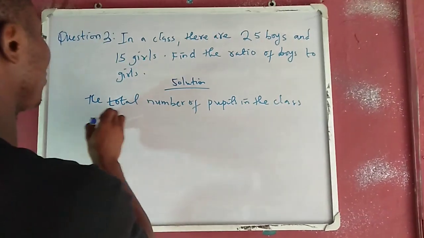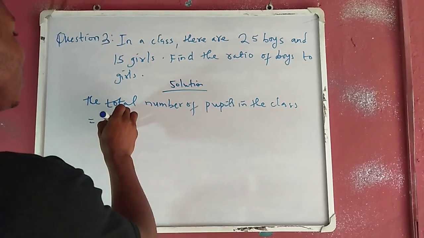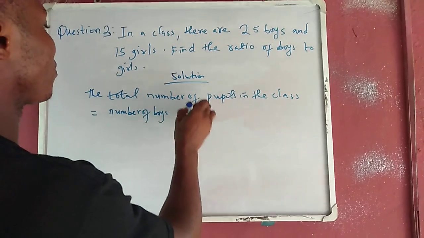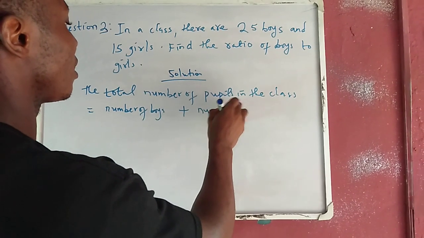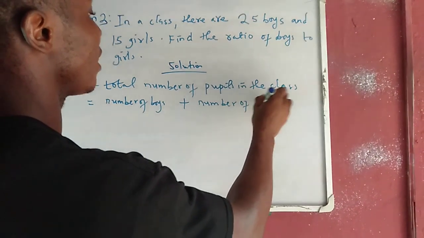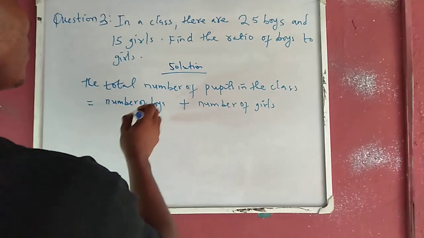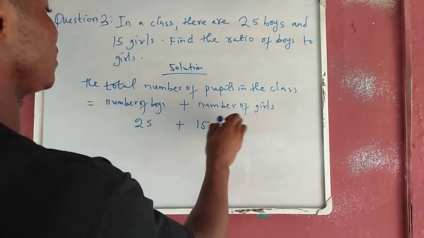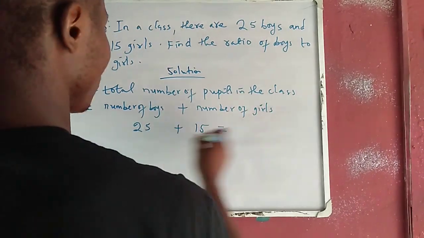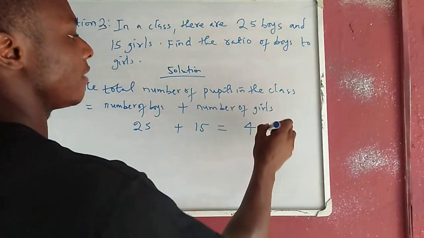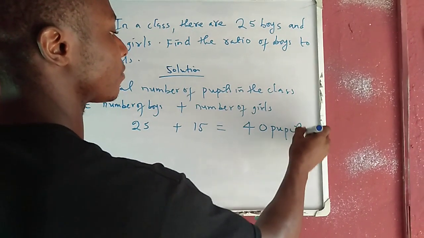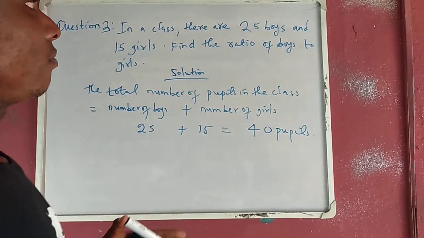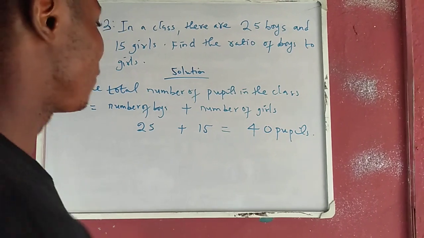right, will be equal to the number of boys plus the number of girls, which is 25 plus 15, which is equal to 40. Right? So there are 40 pupils in the class. And so, if you want to get the ratio of boys to girls in the class,